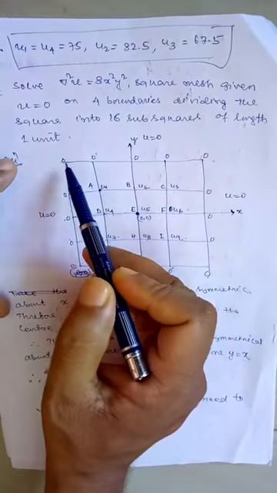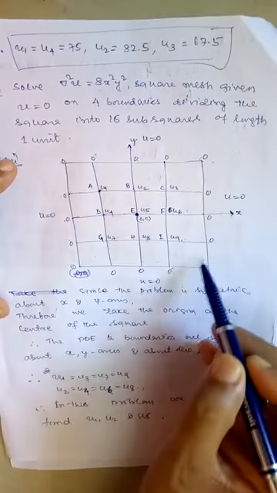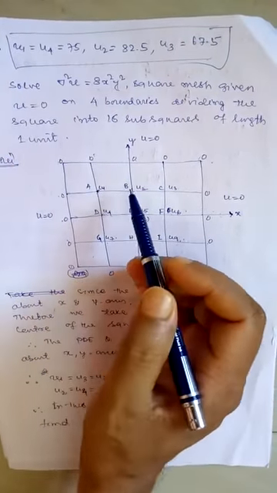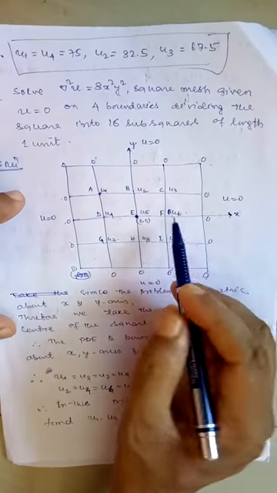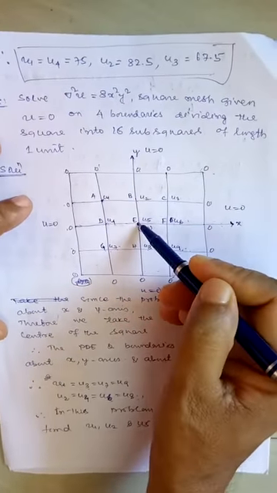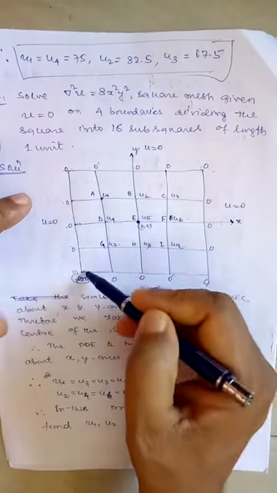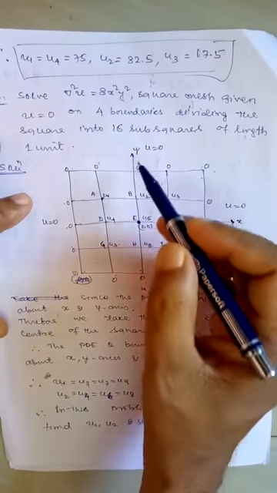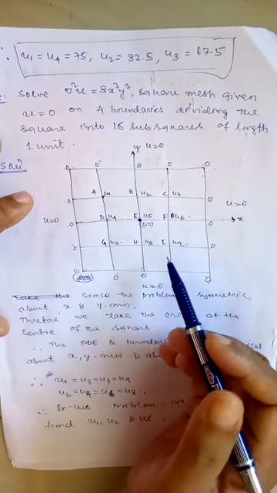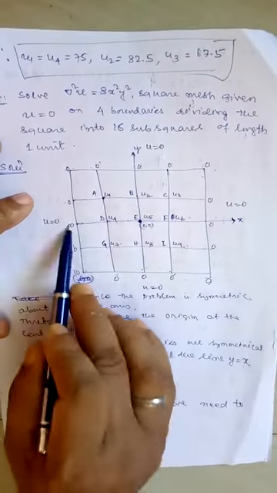So again you see all the boundaries are 0. So we can say that if I consider the x-axis as the central line, both sides of the central line the boundary values are equal, 0 0 0 0 0 0 0 0 0 0. Now if I consider the y-axis as the central line, both sides of the line the boundary values are 0 0 0 0 0 0 0 0 0 0.